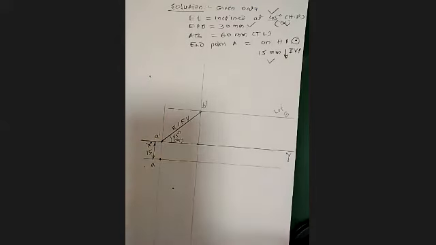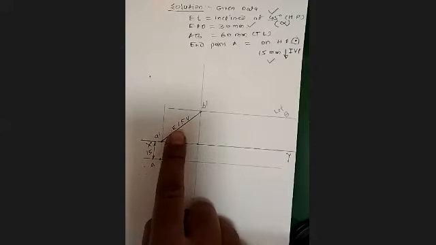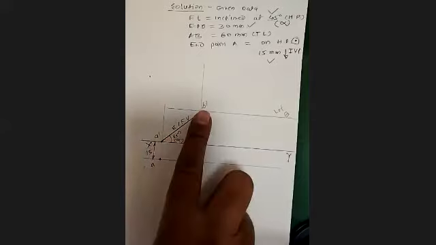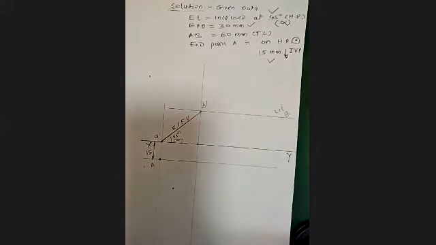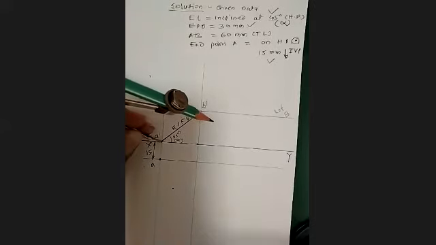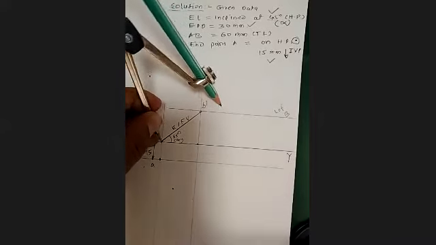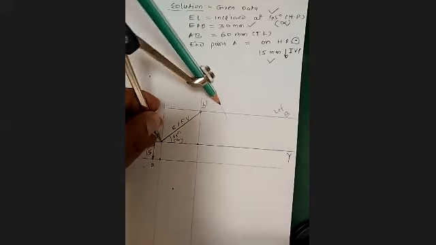from A dash. See, from A dash, that front view, that elevation is given, and with the end projected distance, we are getting B dash point. Then see, B dash and B1 dash point. It will be on the same locus, right? You just recall the concepts which you learned earlier. So I have taken this 60 millimeter, and now I can cut this locus of B with this line, and